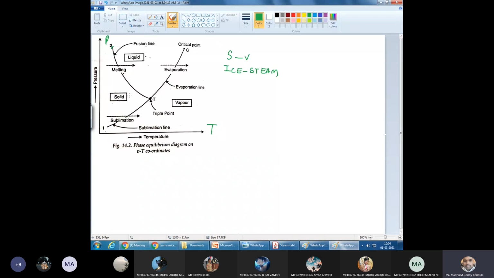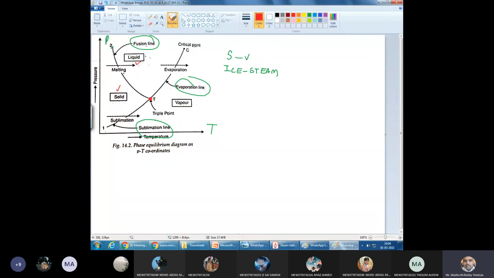Okay. Now you can see the sublimation line, the evaporation line, and the fusion line. All these three lines are meeting at a point. That point is called the triple point. Triple point is a point where the fusion line, evaporation line, and sublimation line are meeting. I can define it. Now you can see along this melting line,